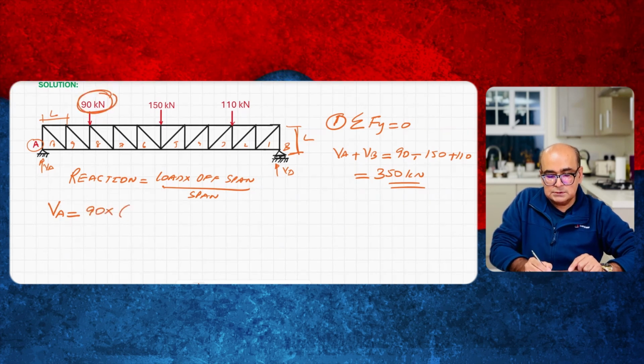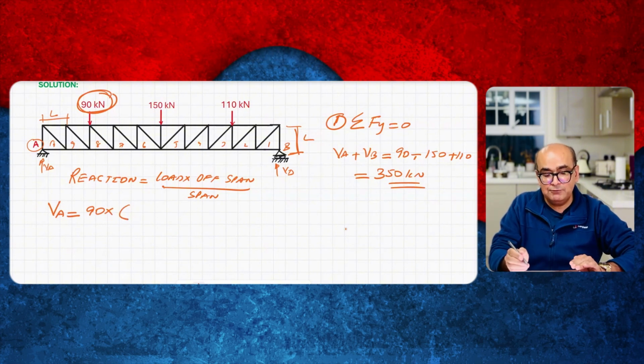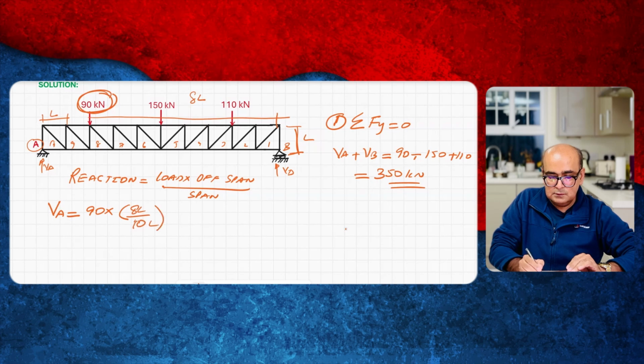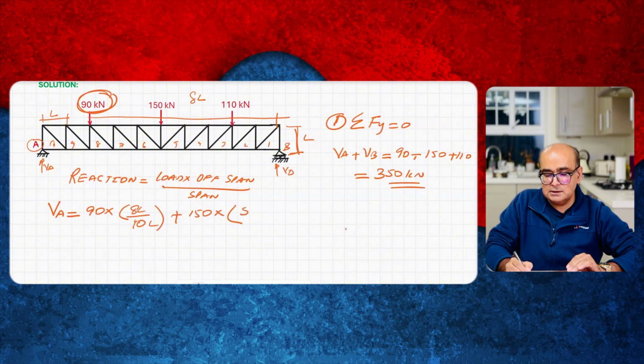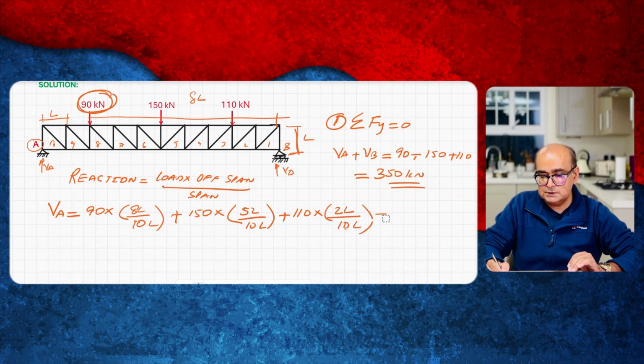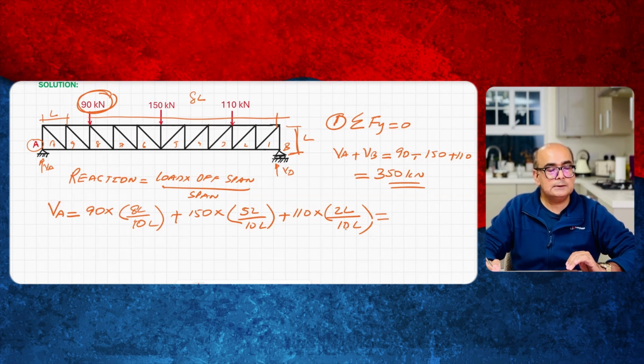So 90 times off span, that is span away from A, this span from here all the way to B, and I would say that that is 8L. So 8L divided by 10L, plus I have 150, which is located at the center, so I will say 5L divided by 10L, plus I have 110, that is 2L divided by 10L. L and L will get cancelled, and if you simplify this, you will get VA as